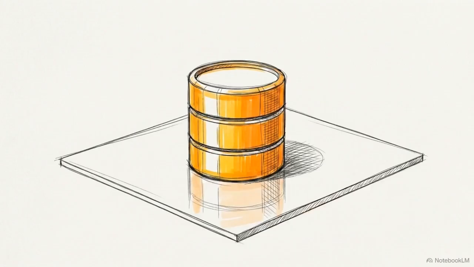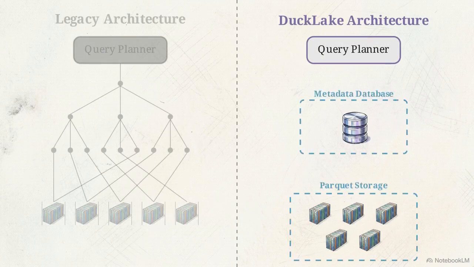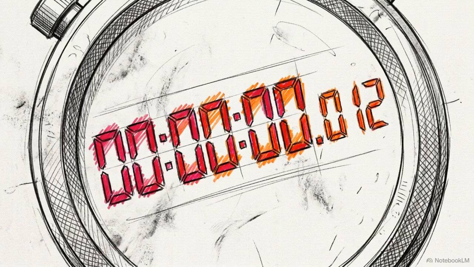To strip away this operational friction, the founders of DuckDB introduced Duck Lake. Duck Lake makes a strict architectural decision. On the right, watch how Duck Lake decouples Parquet data from its metadata. The query planner bypasses the object storage hierarchy, sending a single query to a highly indexed transactional relational database. Finding the relevant files drops from a slow network crawl across object storage to an indexed SQL query executed in